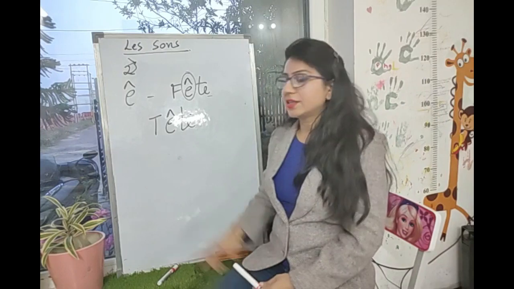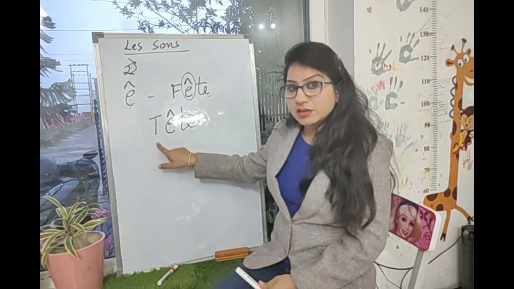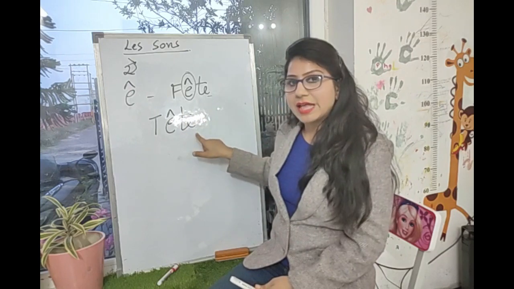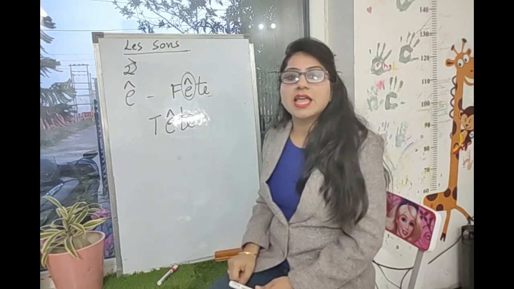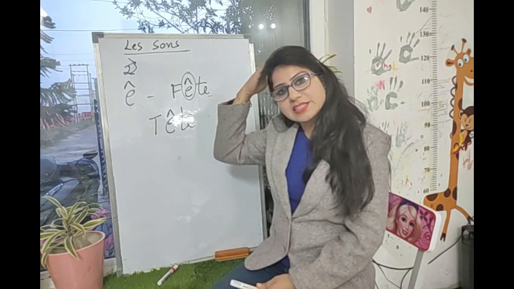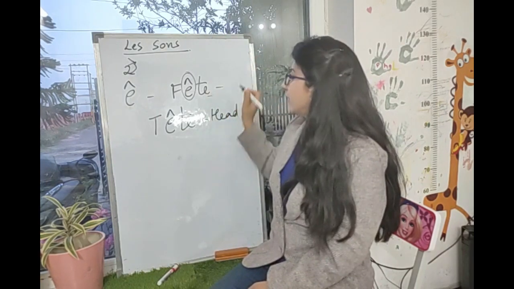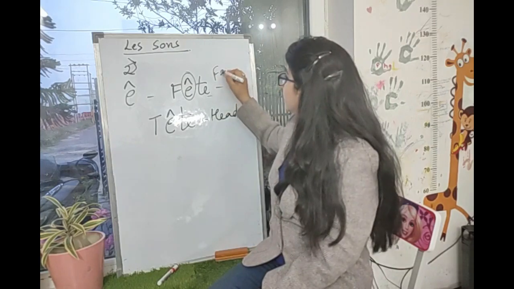Now this is te is the. This is again a. This is again the, and this is silent letter. So it is tête. Tête is head. Okay, this is fête. Fête is festival